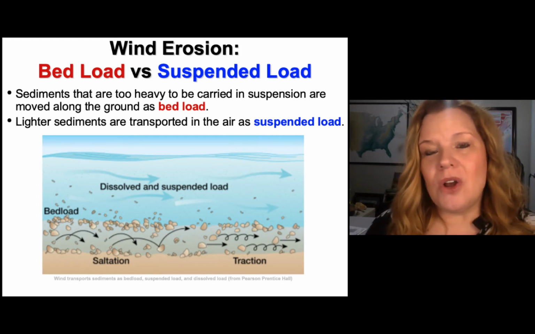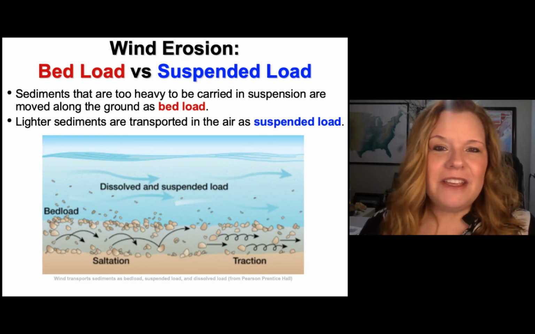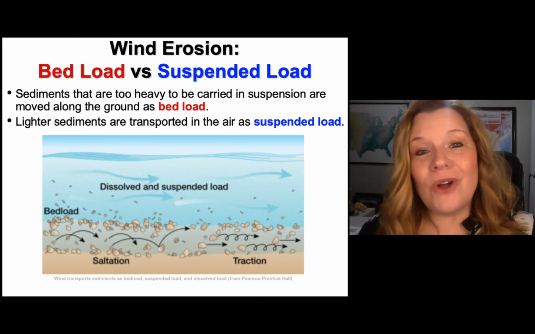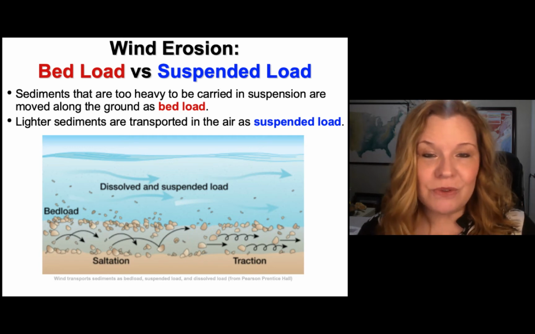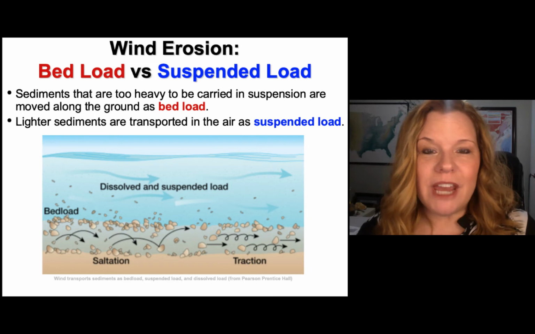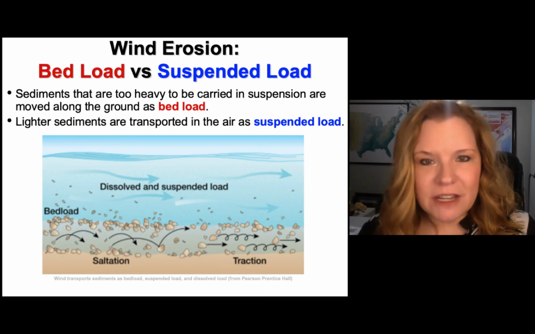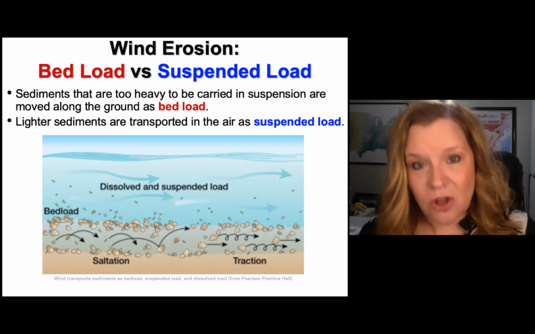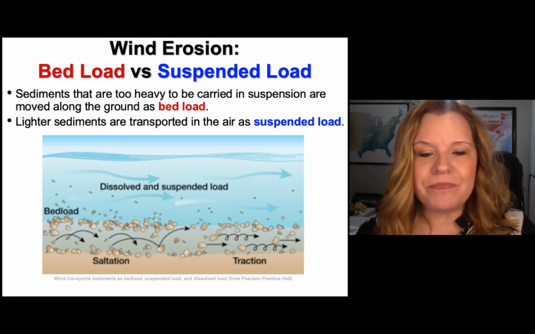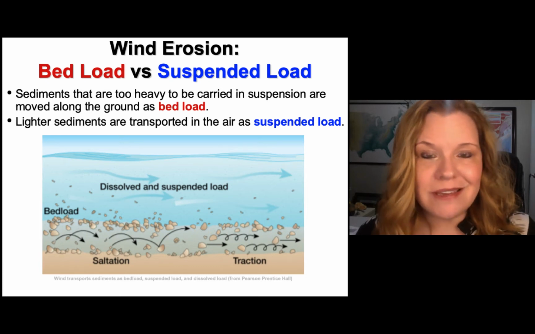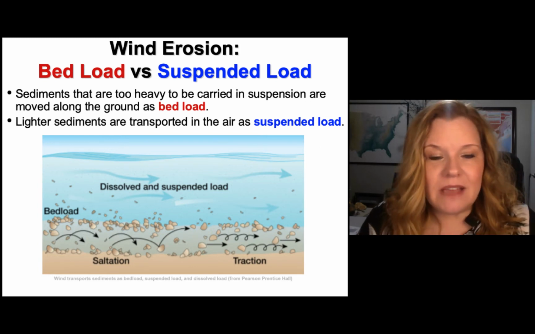Some of those sediments are light enough to be picked up by wind, but here's the interesting fact. It is sediments usually heavy enough that you would see in that dust storm I just showed you. That would be things like sand that we can actually see, because there's a form of particulate matter that's in the air that's called suspended load. And there'd be things like loess that you learned about in glaciers. It would also be maybe some silt that's in the air. But the suspended load is typically sand that we would see in the desert if there is something that size that can be picked up.